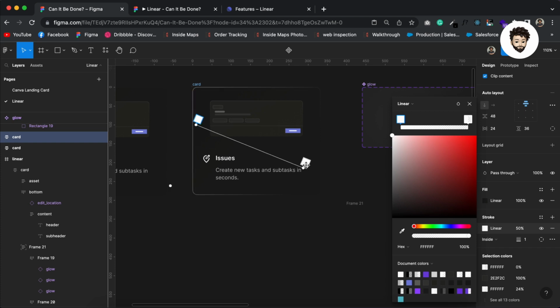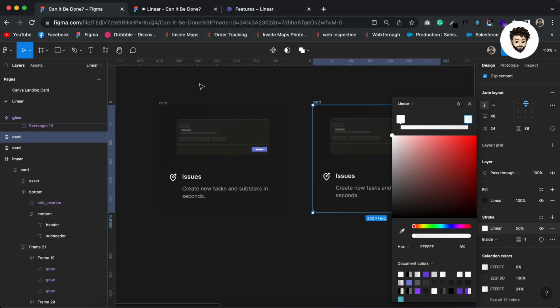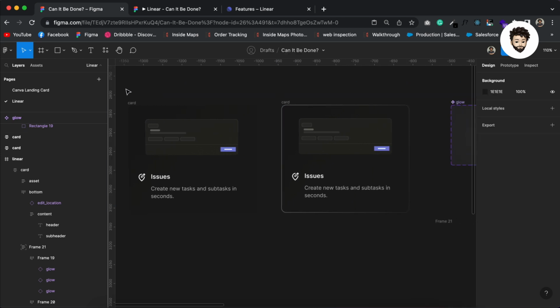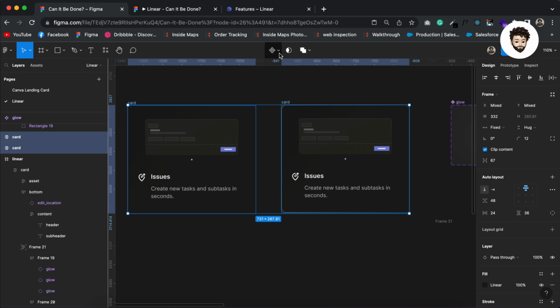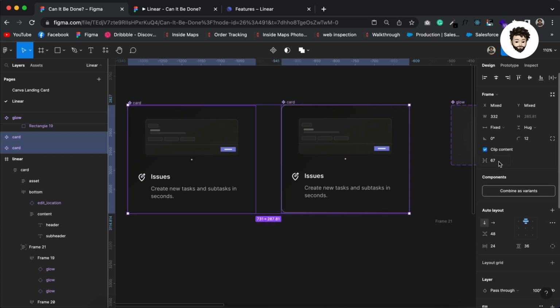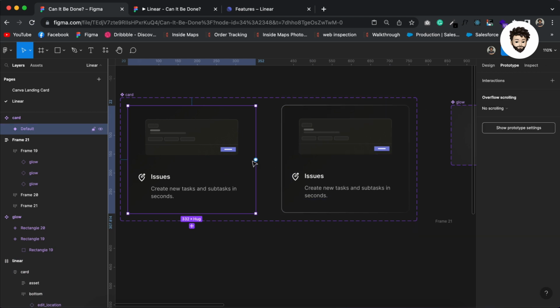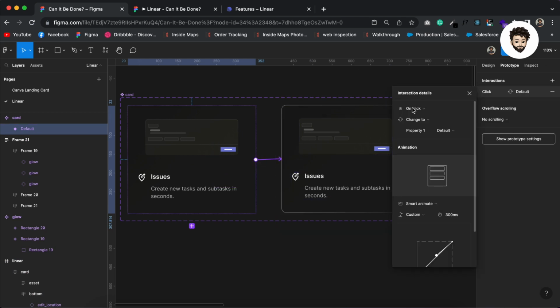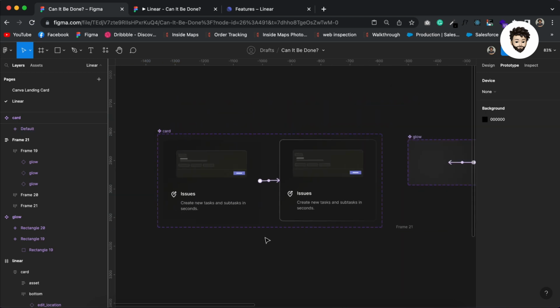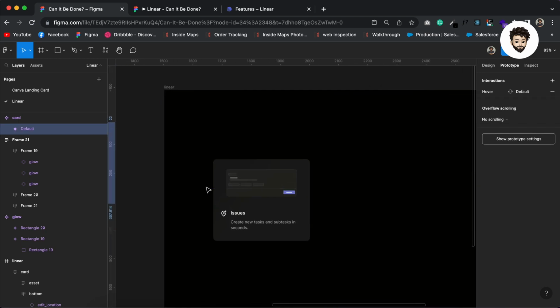Cool. So like this, right? Now I want to make a smart component, multiple component from here. So I'm gonna select both of them and create component, combine as variant. The interaction I want over here is when I hover over it, it should go to this state, and I want it to be instant. So yep, now I'll just copy it, replace here,